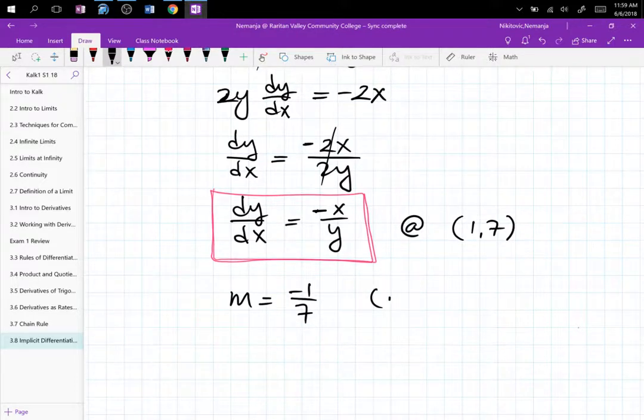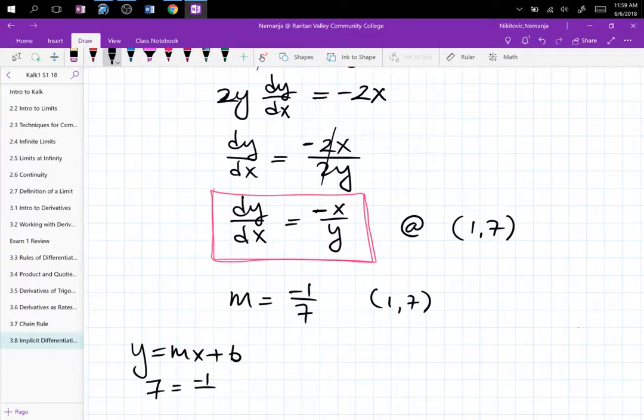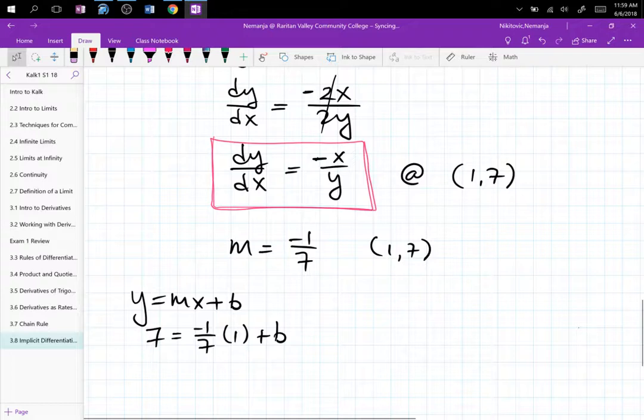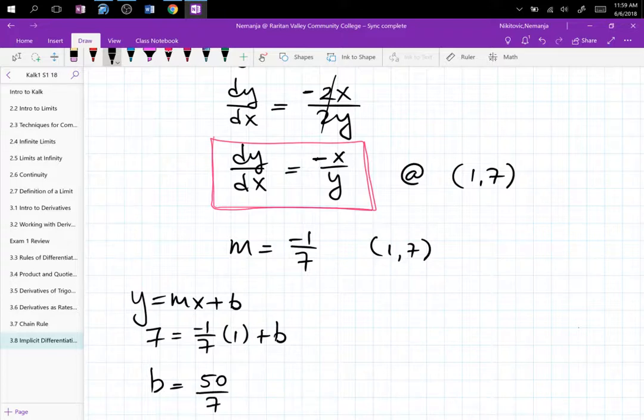So now y equals mx plus b. y is equal to 7, m is equal to negative 1 over 7, x equals 1, plus b, from where b is equal to 7 plus 1 over 7, that's 50 over 7. So the tangent line that would touch this circle at (1, 7) is going to be